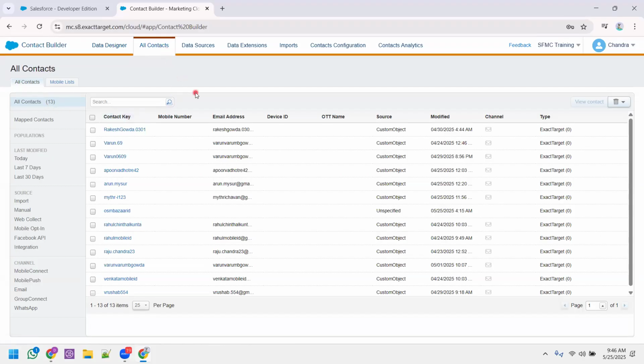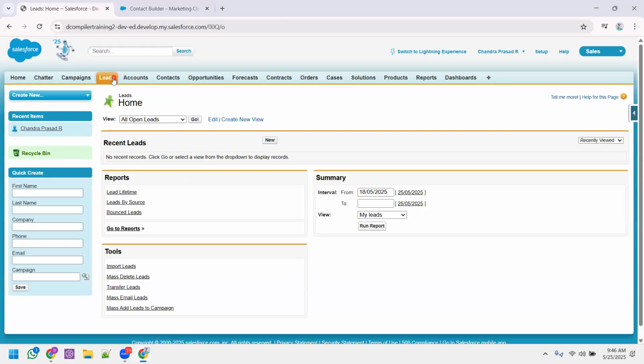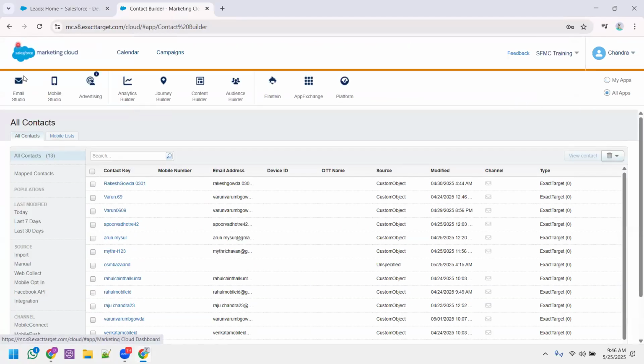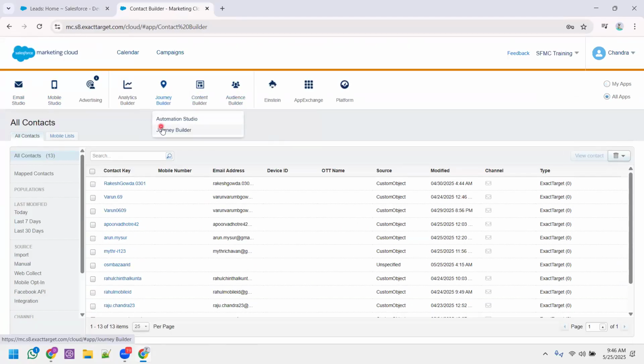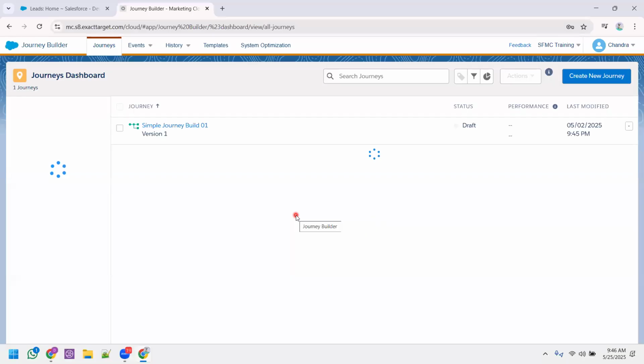Now, what I want to do is create a lead. Immediately when the lead is created, I want to send an email. And still, as I mentioned, I have not synchronized the data. So let me take an example